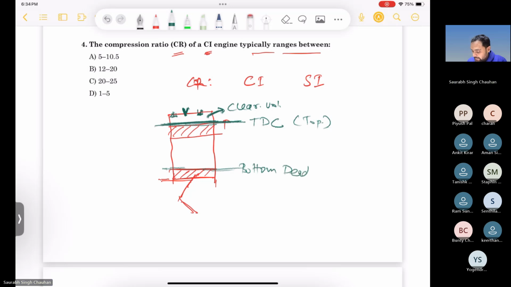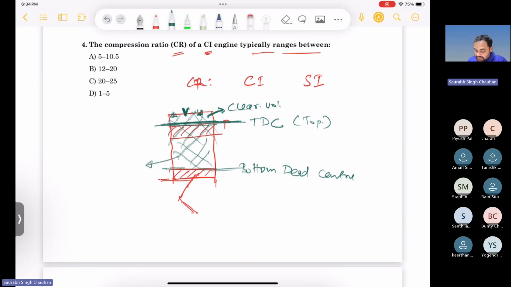okay. So when the piston is at bottom dead center, the volume inside the cylinder is maximum, right? So this whole volume when the piston is at BDC is called volume at BDC. So this is the maximum volume, okay. And when the piston is at TDC, this is called clearance volume or volume at TDC. This is the minimum volume, okay.